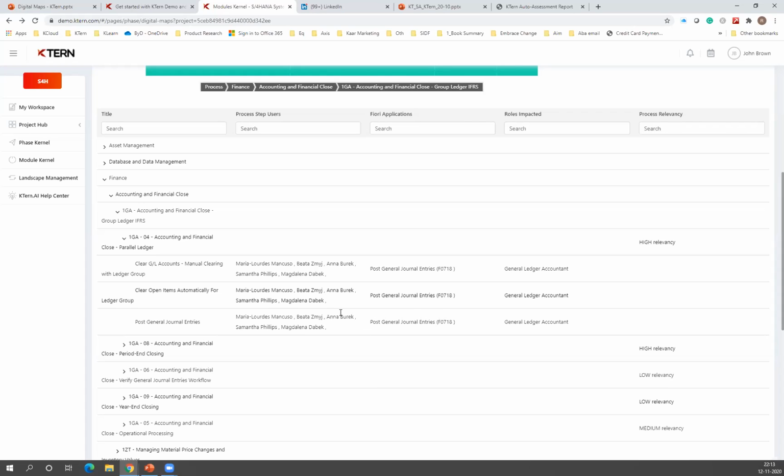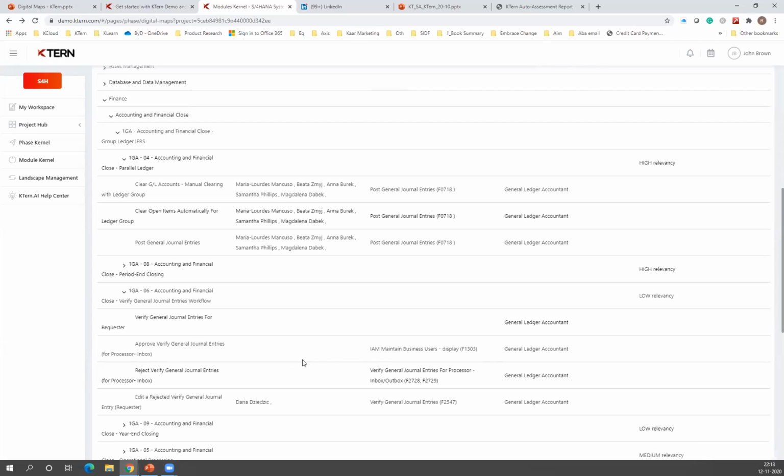It also helps you to talk about the Fiori applications that can be recommended for an end customer. That is also possible, and the roles impacted if you have the relevant roles. And it also gives a process relevancy for that particular organization for you to take a look at it, and if there are gaps where it has not been configured and you're doing it, maybe you're doing it one way, but if you do it slightly different,